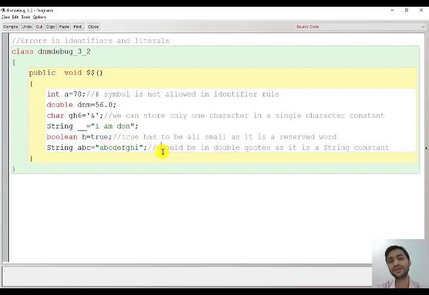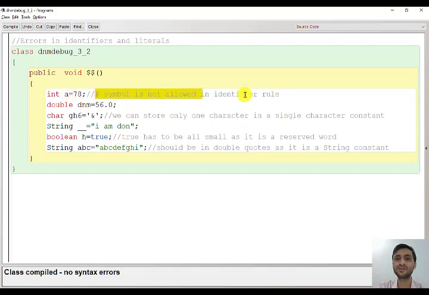Clear? So today we have seen how error programs may come in your board exam and how you will correct them. In the board exam you'll get such a question deliberately. You have to find the errors and tell what type of error it is, with a reason. For example, here we had a hash. The hash symbol is not allowed. You have to write why it is wrong. And you should also mention that this is a syntax error. Or in case it is a logical error, you have to mention it is a logical error. Or if it is a runtime error, you have to mention it is a runtime error.